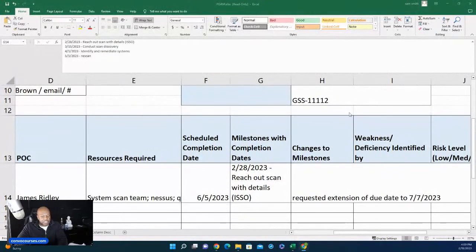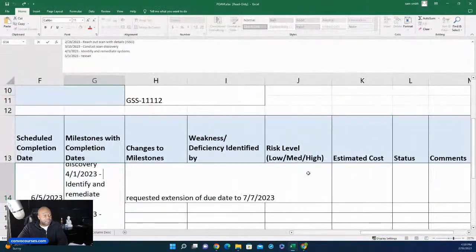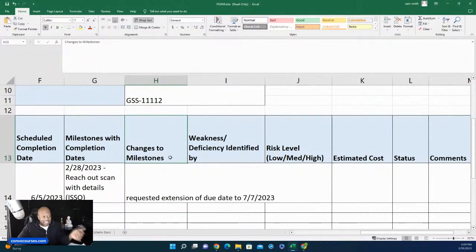And I see you guys' questions here, and I'll get to that in a second. Let me just get through this. We're almost done here. So we covered the actual milestones, and the changes to the milestone. If there's any kind of request to change, or something happened where we have to switch out different milestones, that happens all the time. You have to go ahead and fix that. Weaknesses and